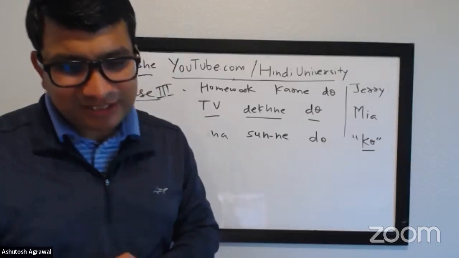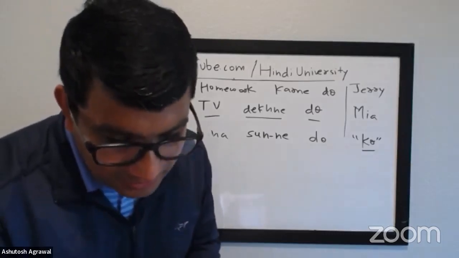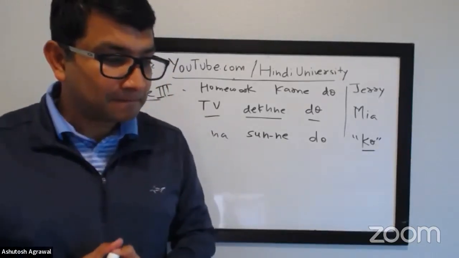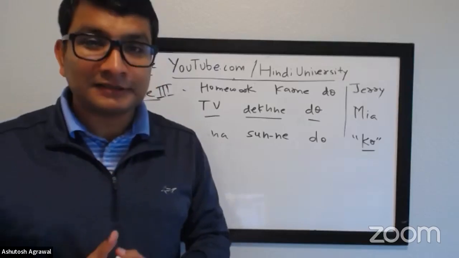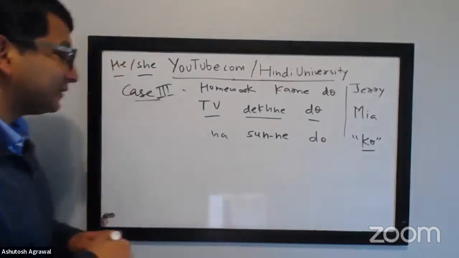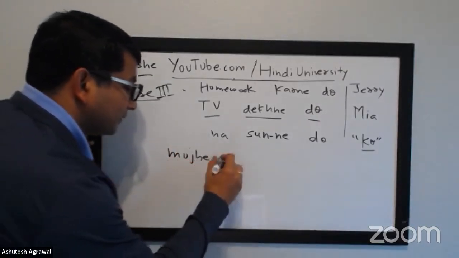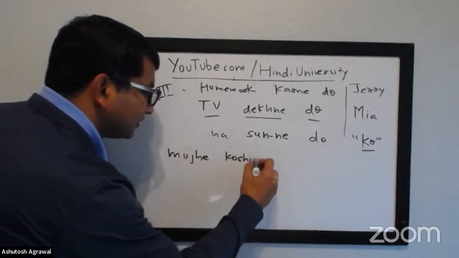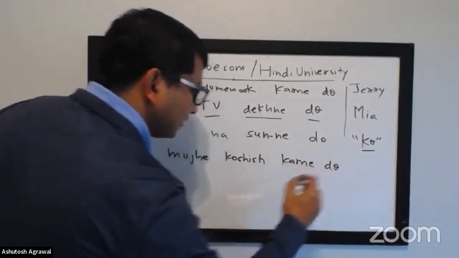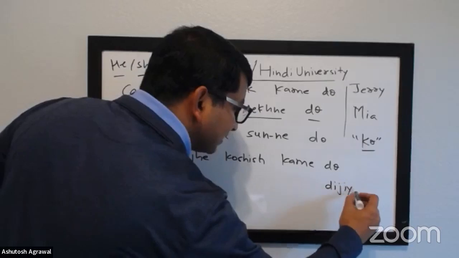Yes, Sharon ji. I just want to double check. I can say mujhe koshish karne do, but I can also say mujhe koshish karne dijiye, as in please let me try. Right, that's correct, right? Let me write it down. Very good, right? मुझे कोशिश करने दो. Okay, and she's saying I can also try. मुझे कोशिश करने दीजिए. Please let me try.